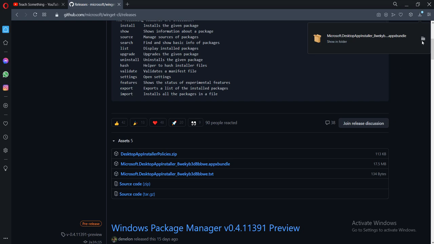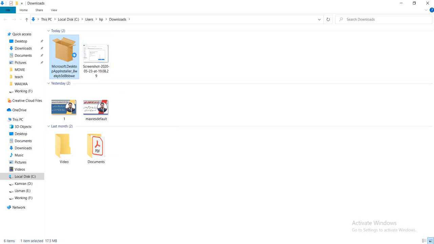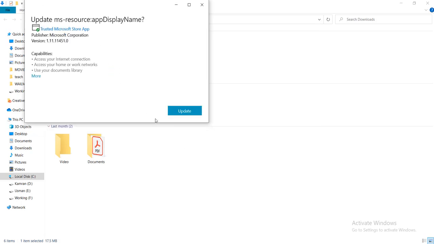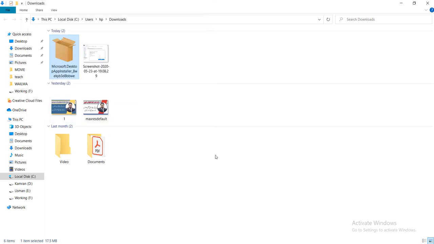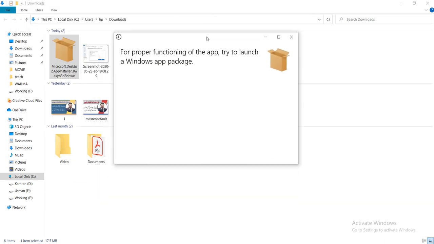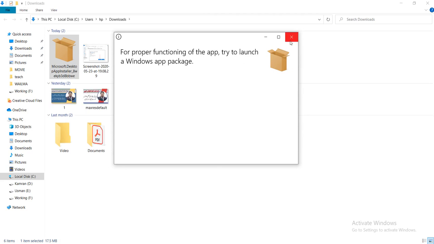After completing the downloading, open it. Click on update. It requires a few seconds to complete this process. Okay guys, after completing that,